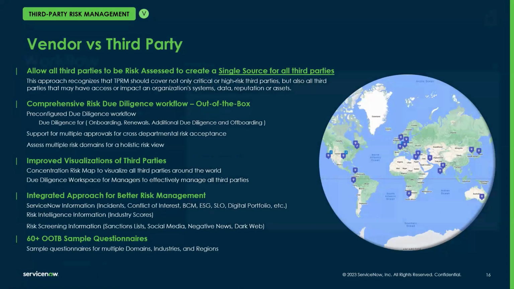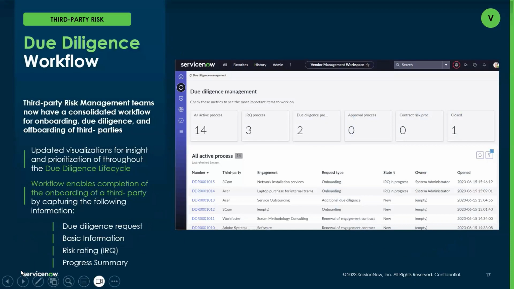So when we get into what exactly those enhancements are, I'll start with probably the most anticipated, and that's within the third-party risk management application, an end-to-end due diligence workflow.